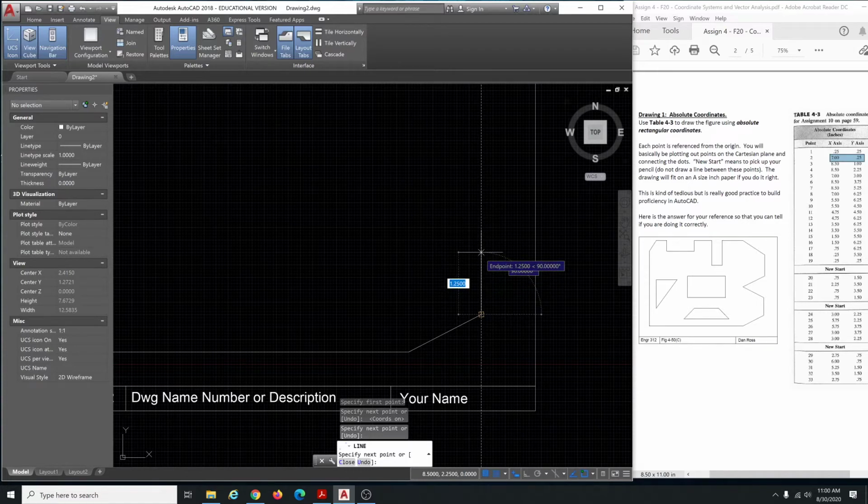Once again, look down at the bottom of the AutoCAD window in what they call the status bar. There's a little coordinate box, 8.5, 2.25. Okay, keep on plotting like that. And let me do just 2 more. So I want 7, 3